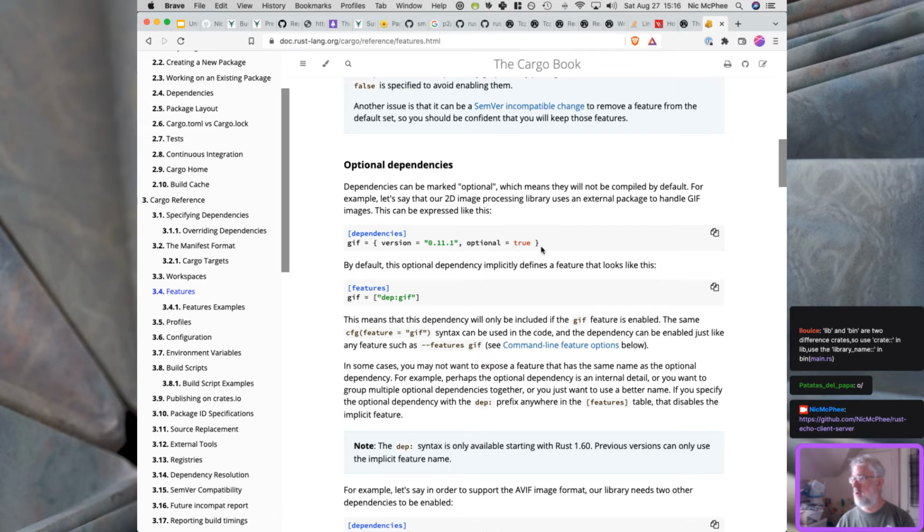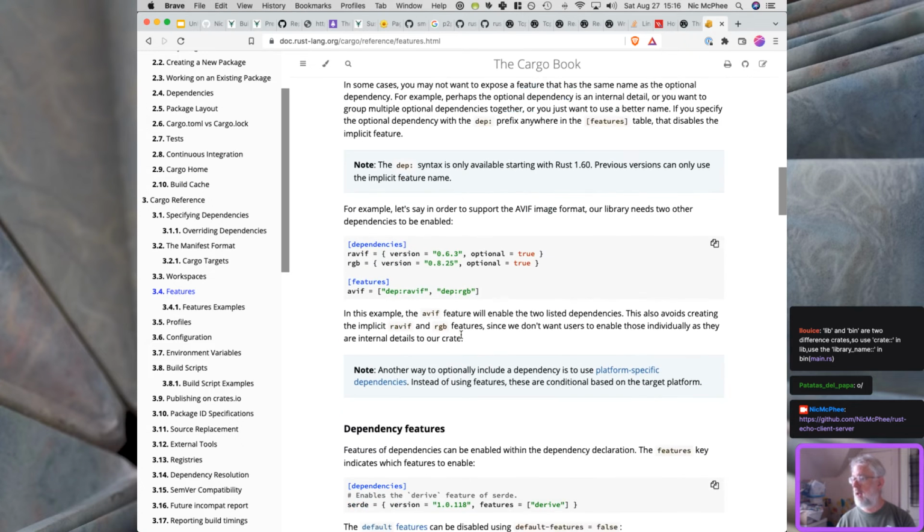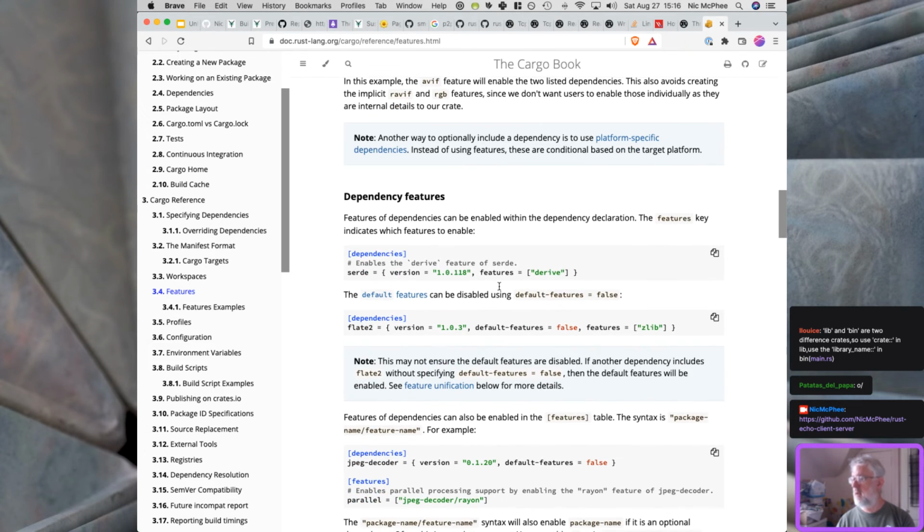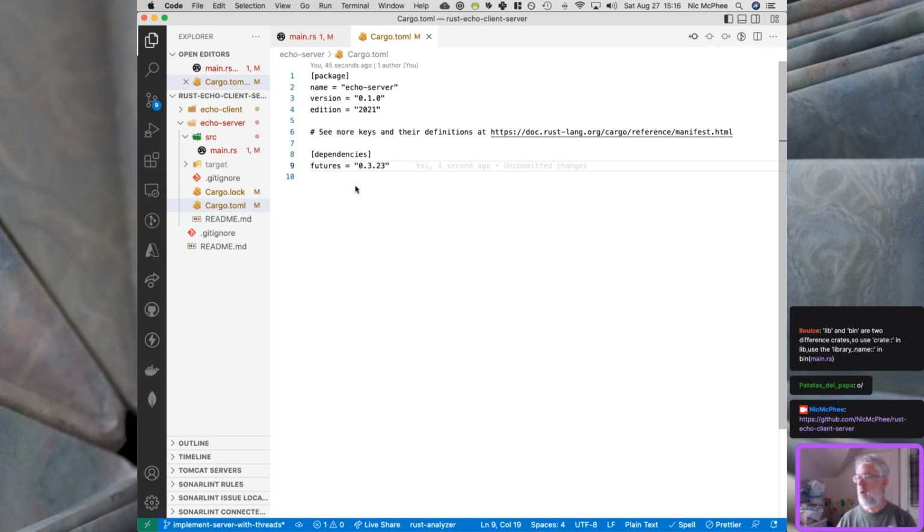So we have a version and dependency features. There we go. So curly brace version equals, features equals square bracket list. So futures, curly brace version equals